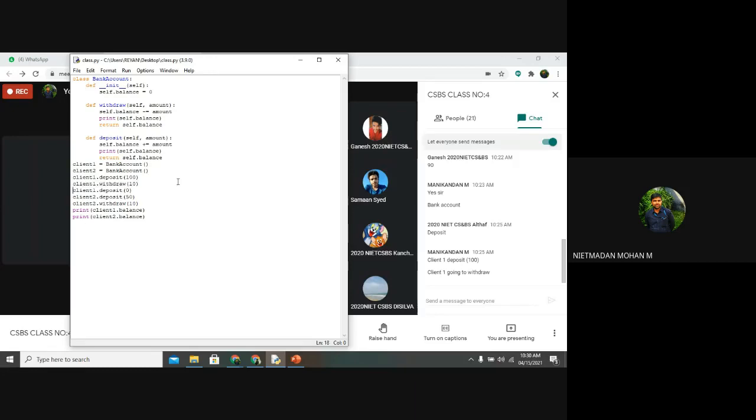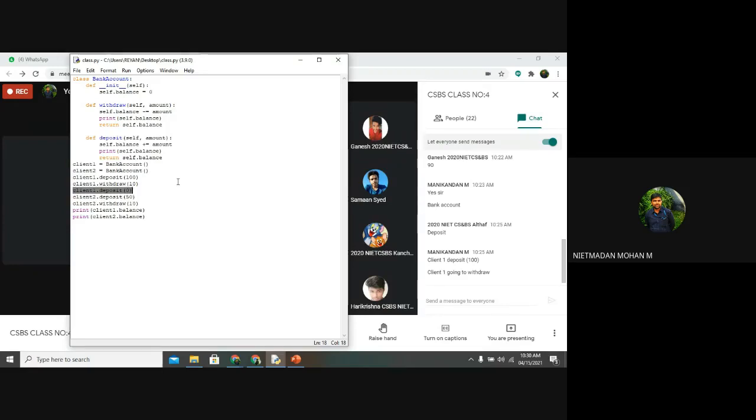And what is it doing in the third line? Deposit. Yes, the client is depositing an amount of 0 rupees.